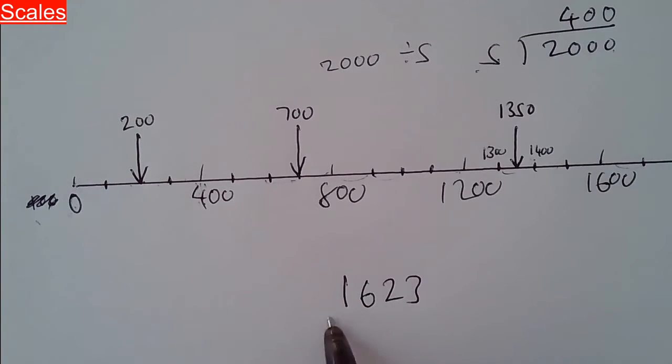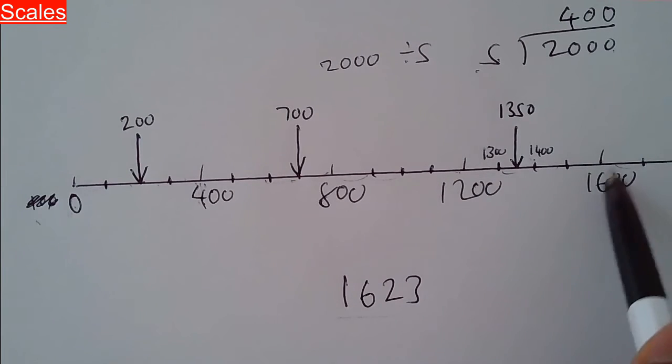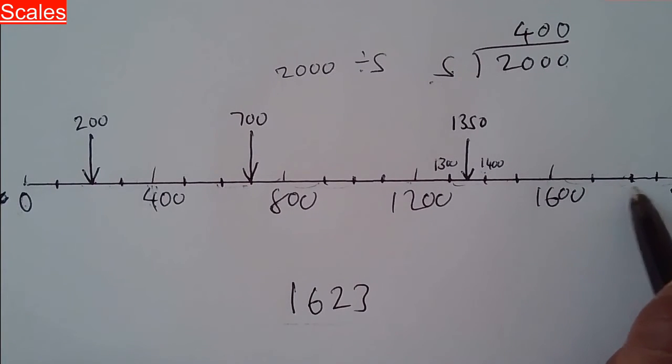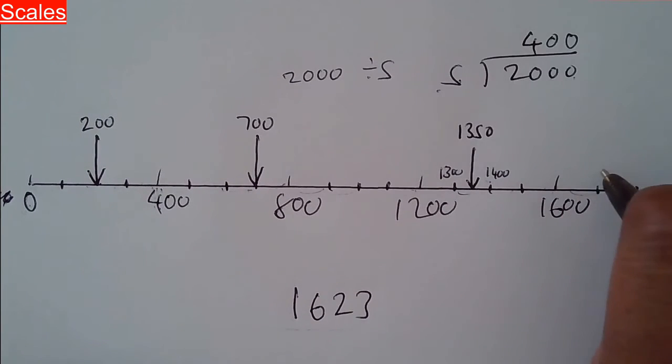Right, I'm going to estimate where this one is on the number line. Well, that's 1,623. So it's going to be around about here, isn't it? Somewhere around here. But remember, these are going up in hundreds. 100, add another 100, yeah? So here,